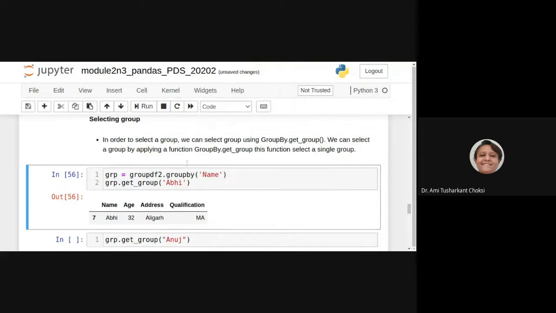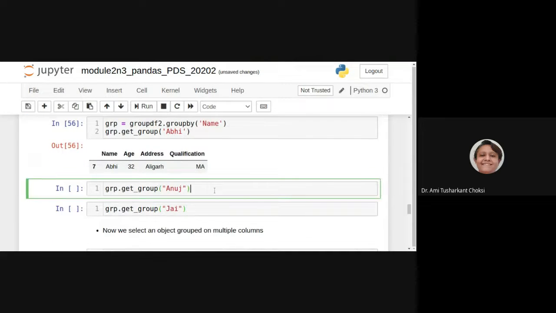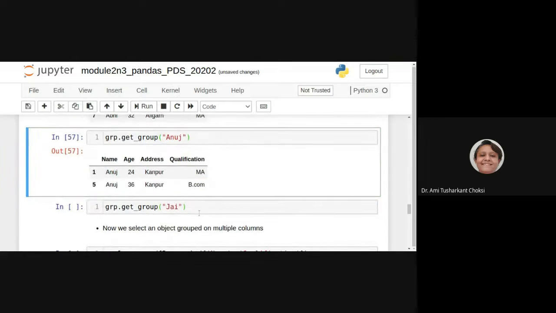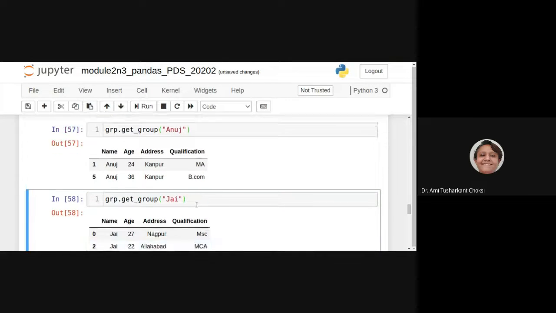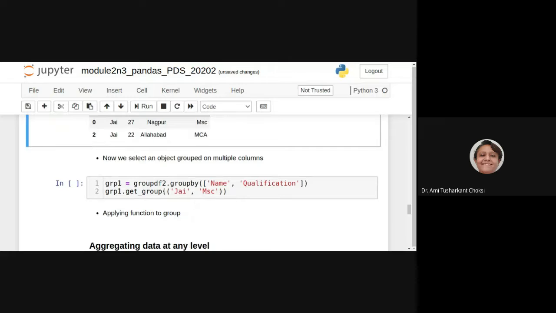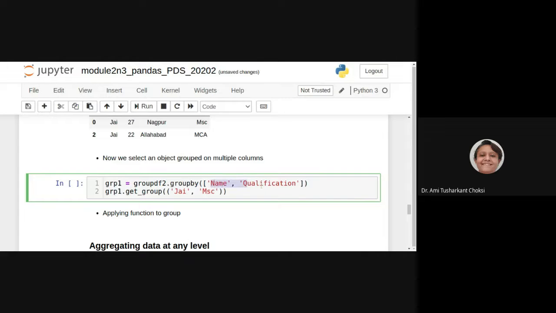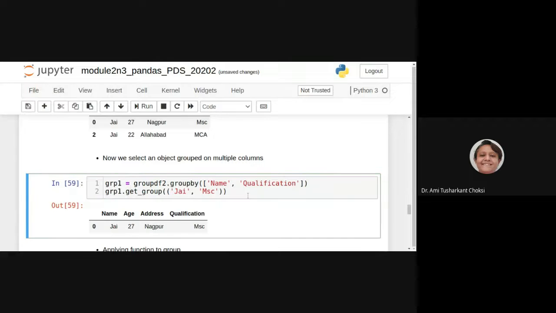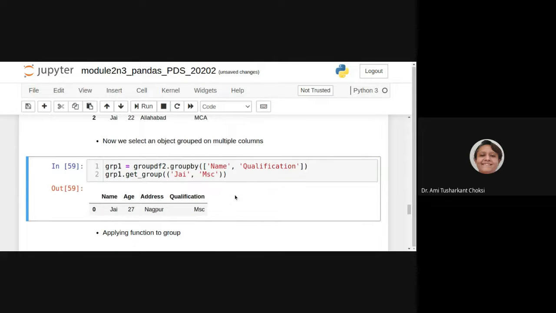That is for Abhi, this is for Anuj, this is for Jay. Now select the object grouped on multiple columns. We can say this is group by name and qualification. Then we can get the group for Jay and MSc.